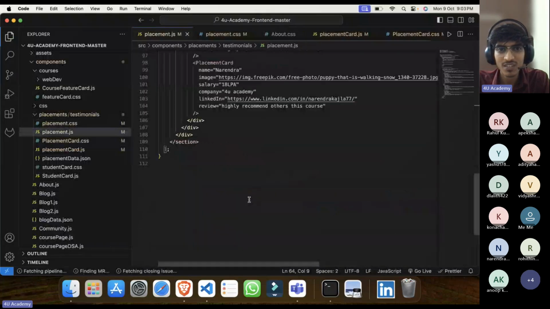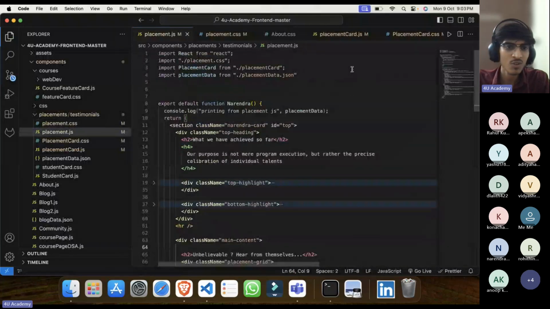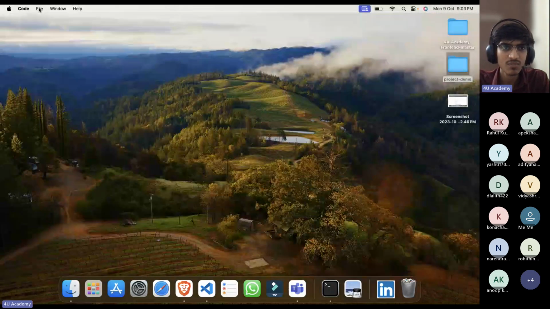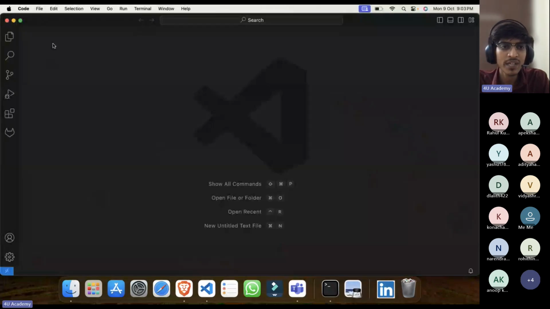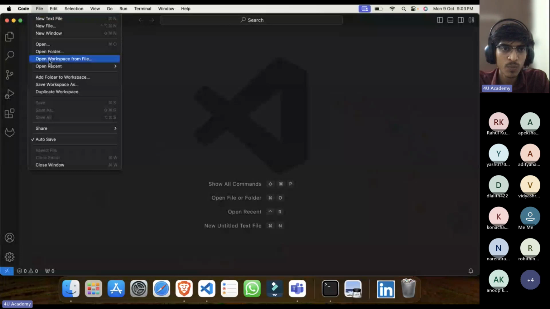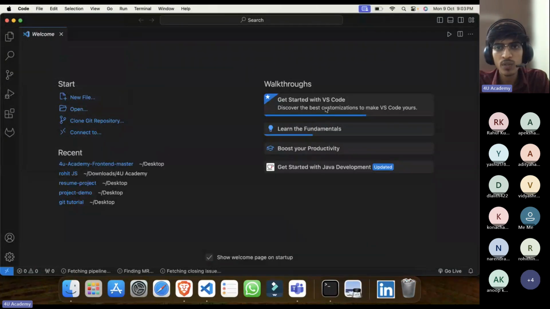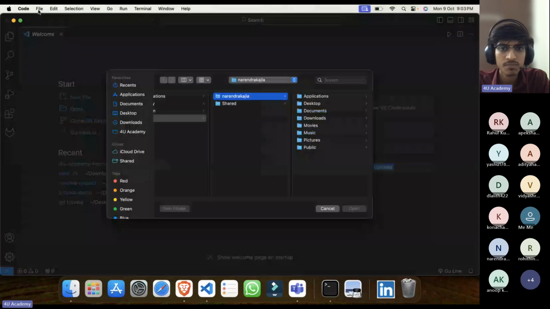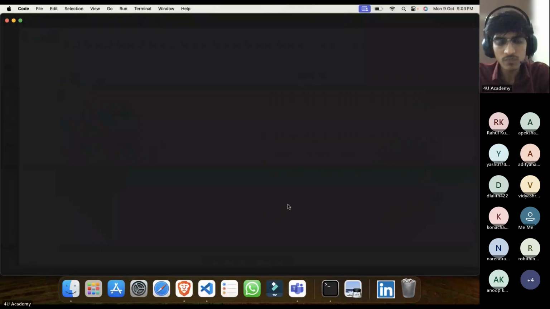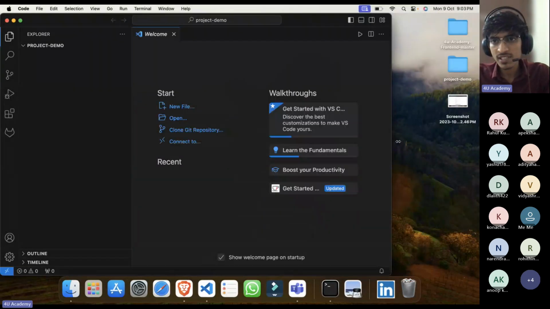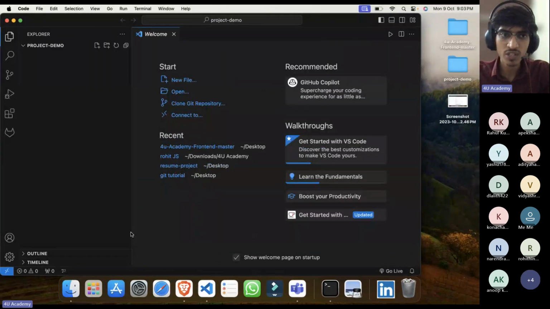I'm working on this For You Academy website actually. Anyway, I just closed it again. So you can open it, go to your file and then open folder. When you click on open folder, you can go to the desktop wherever your folder is created, click on it and open. All set. Now I just need to start my work.